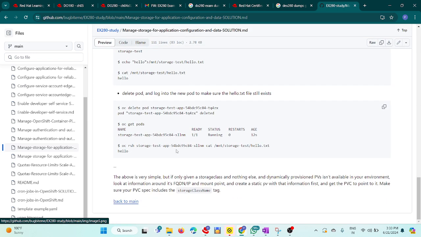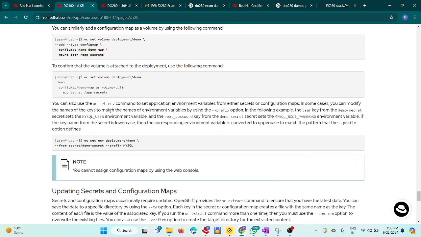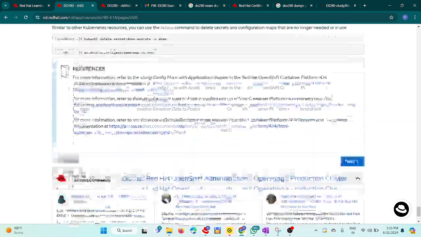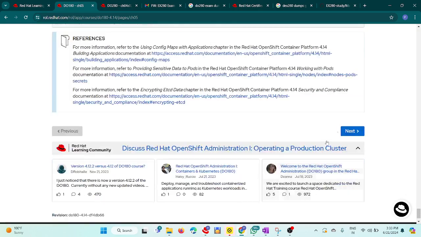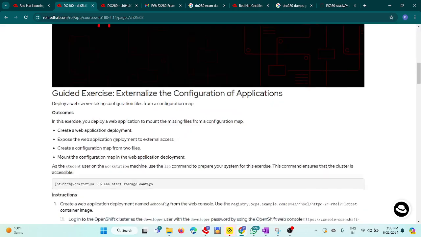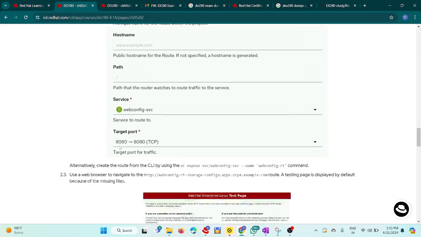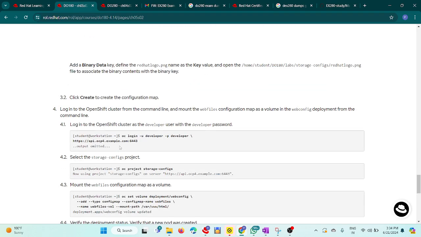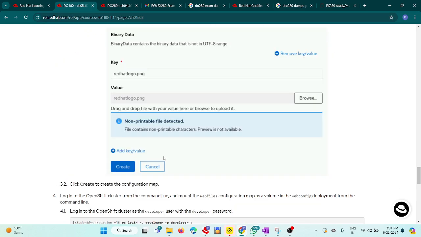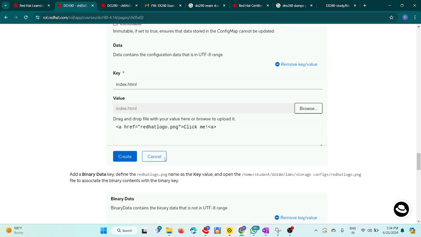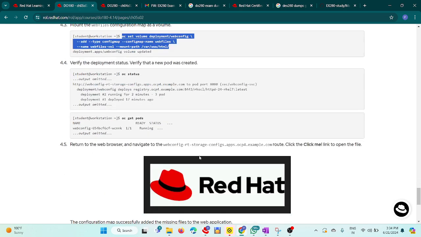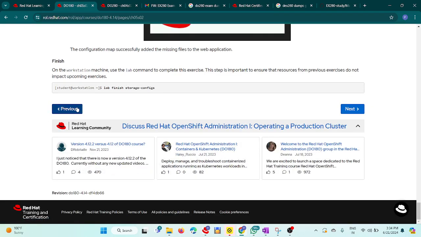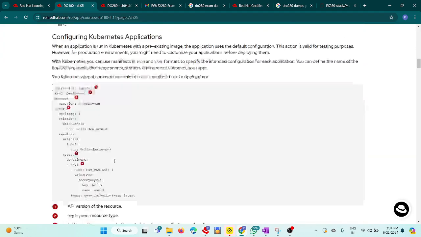Although I tried this command earlier, I was not getting the correct answer. Let me show you which one. I think this is the oc set volume command. If we refer to this one, oc set volume, and then use this. Let me check if there is a